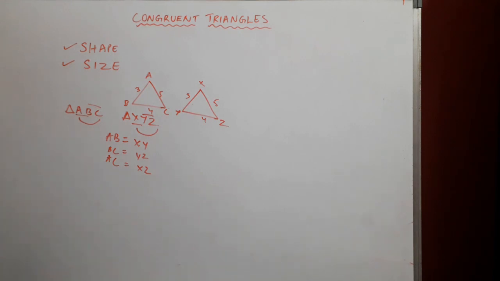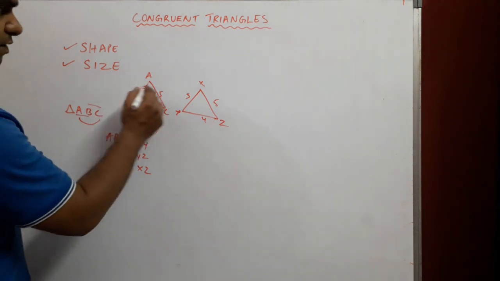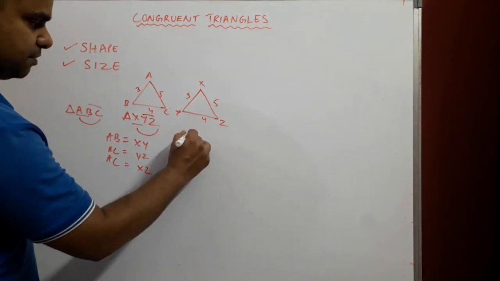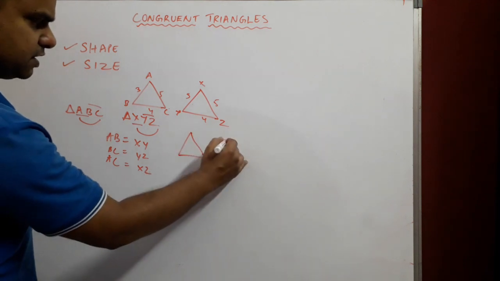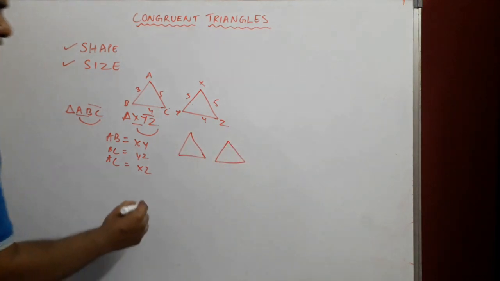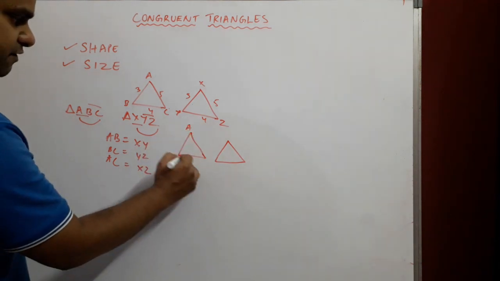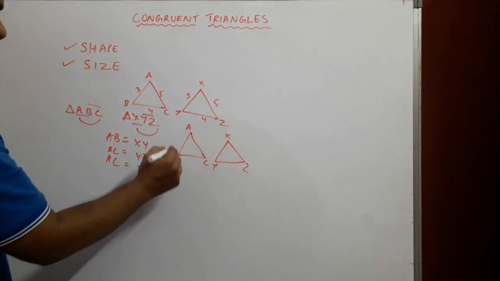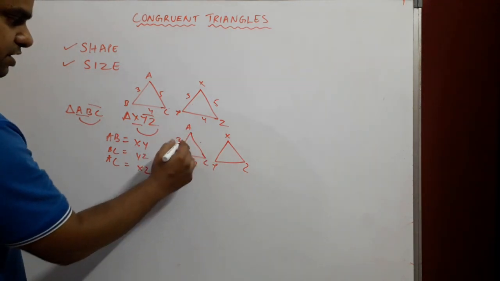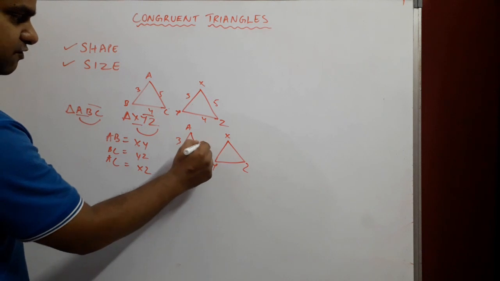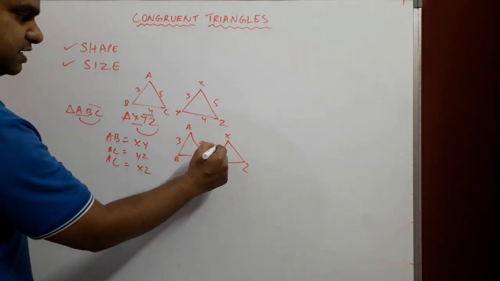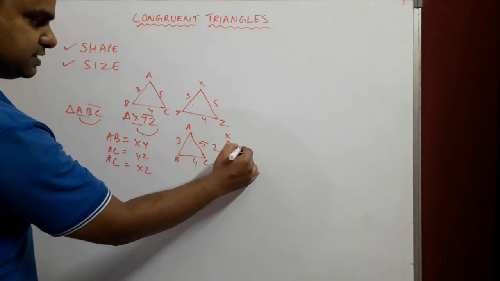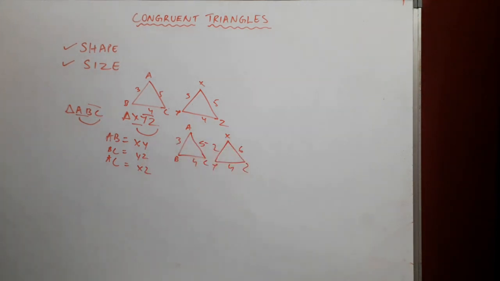Sometimes we will also see that two triangles look the same but don't have the same size. Like if I draw the same triangles, but mark them differently, like we have A, B, C and X, Y, Z, but let's say AB is 3, BC is 4 and AC is 5, but XY is not 3 but 2, and BC is 4 and AC is say 6, then these are not